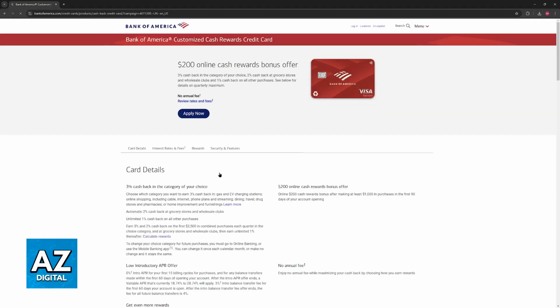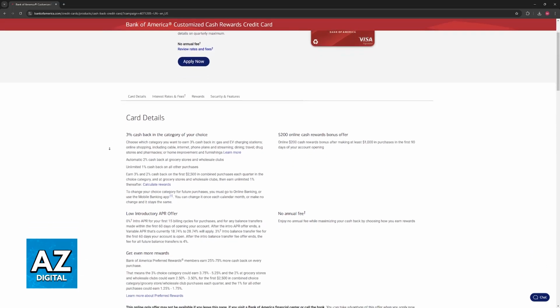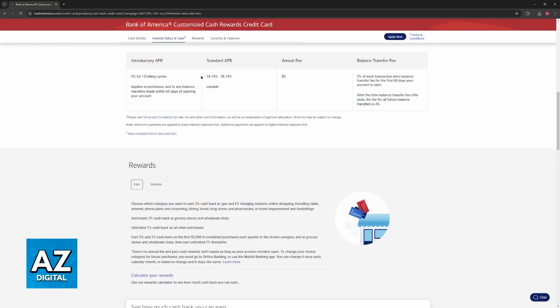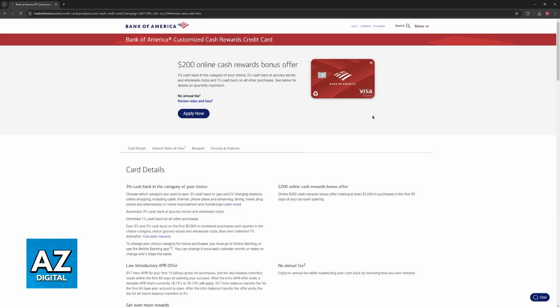When you click on any credit card on this list, you will be redirected to another page that has more details about that specific card. So you can see the cashback percentage, APR offer, interest rates and fees, and so on. You can compare all of them, but to keep it simple, all that you have to do to apply for a card once you are satisfied with the offerings is to click Apply Now.